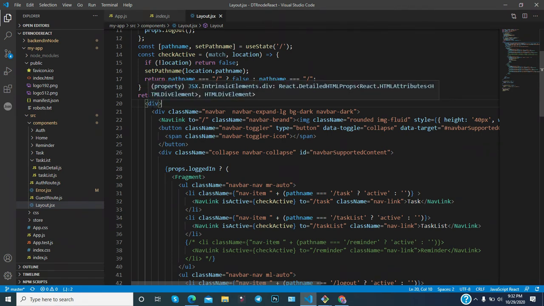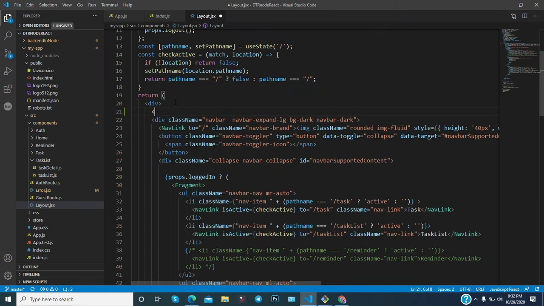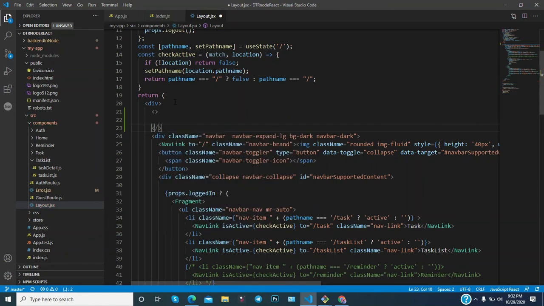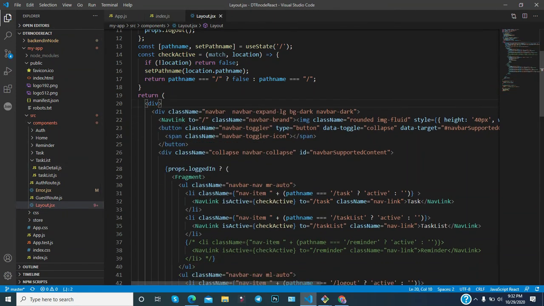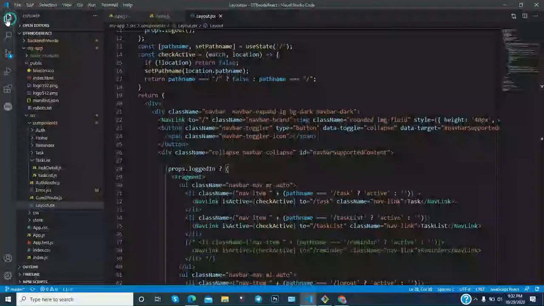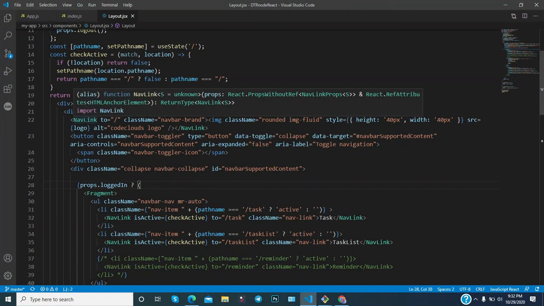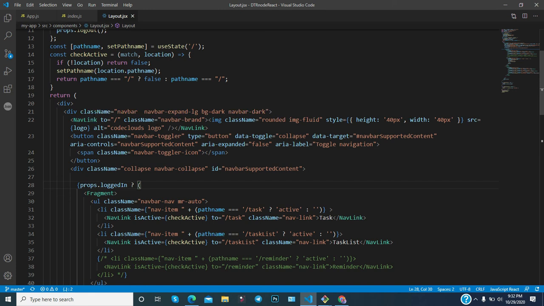Fragment is also a way you can use, or you can use it like this, and then it will be closed here. So as per your suit, whichever one you like, you can utilize. Okay, here you can also notice that we have utilized the NavLink. This is the NavLink for the logo.